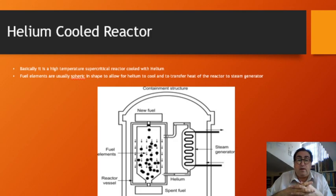Therefore, transfer of heat from the nuclear reaction to the helium is also much more. As you know, for those who are having a background in nuclear engineering, higher heat transfer means that you're able to extract more work out of the nuclear reactor. Therefore, it has a lot of advantages. You're able to extract more work. It's more safe. You don't have the possibility of explosion due to H2O dissociation at high heat,